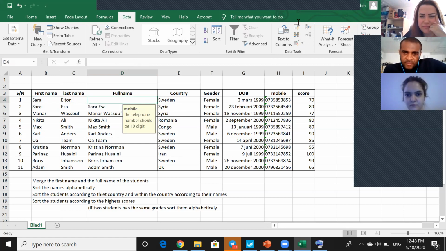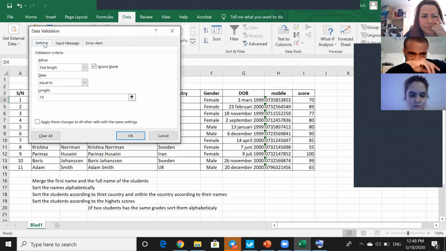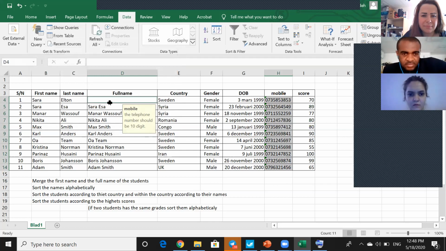Data verification or validation, yes. Yes, and try to click on apply. Yeah, I can see that it's applied to here, to mobile numbers.